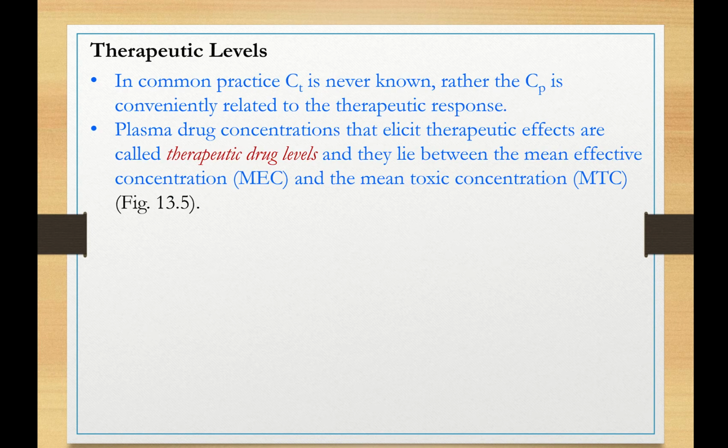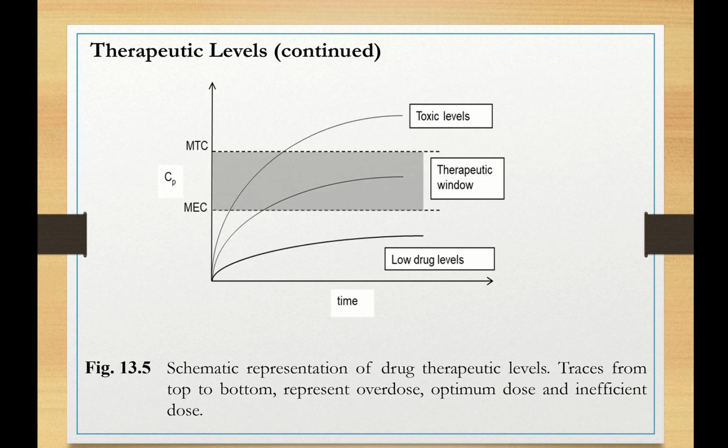Now, as we have discussed in our lesson 34 in our previous lecture, pharmacokinetics is all about plasma drug concentration. Plasma drug concentrations that elicit therapeutic effects are called therapeutic drug levels, and they lie between the mean effective concentration and the mean toxic concentration, as it is shown in this figure. Now, therapeutic drug levels are listed in all medical reference books where clinical pharmacists can retrieve and use them to adjust